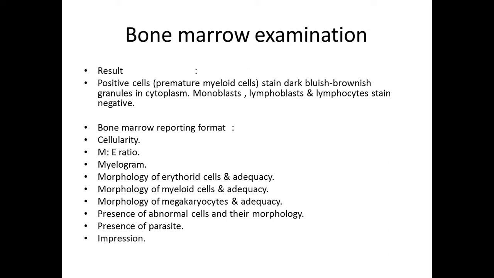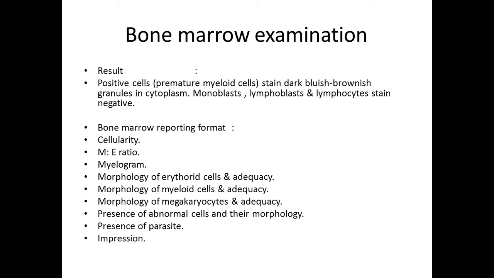These granules are also seen in neutrophils. So neutrophils can be identified as control cells. Now myeloblasts, immature myeloid cells, and a few other myeloid cells stain positive for myeloperoxidase, whereas monoblasts, lymphoblasts or lymphocytes are negative for this myeloperoxidase stain. So that is how the myeloperoxidase stain is important, because it identifies myeloid blast cells.